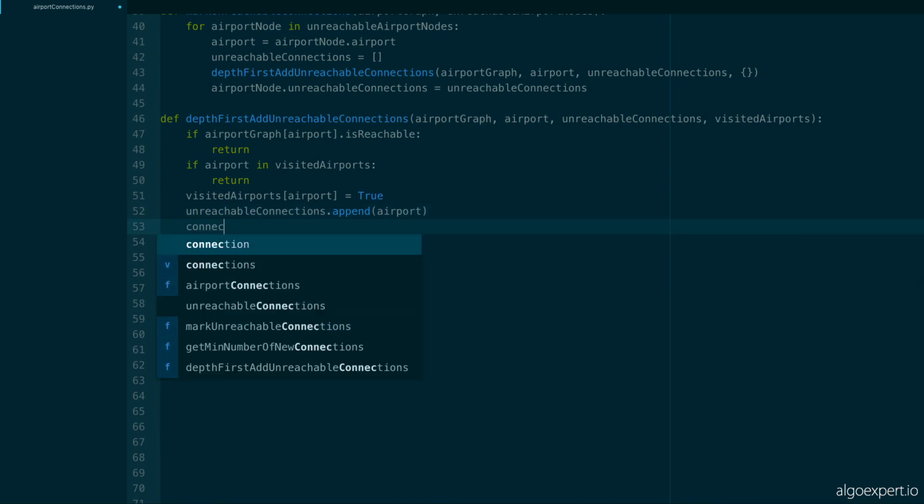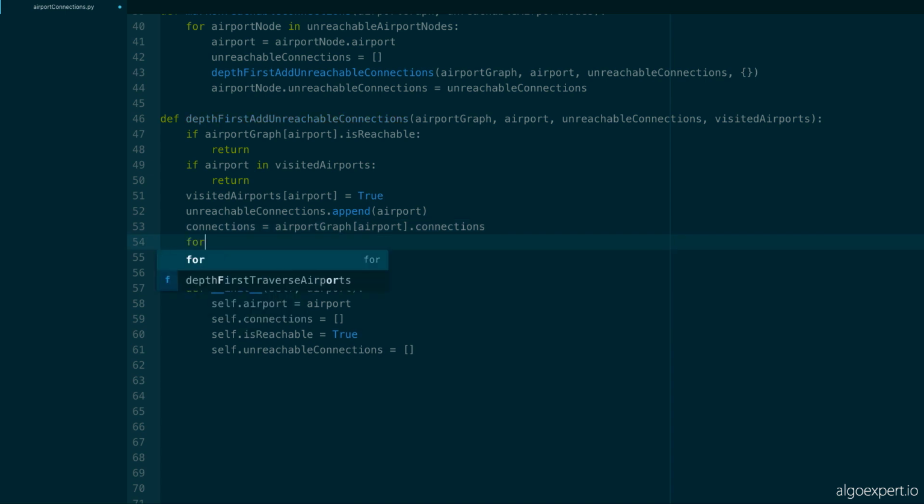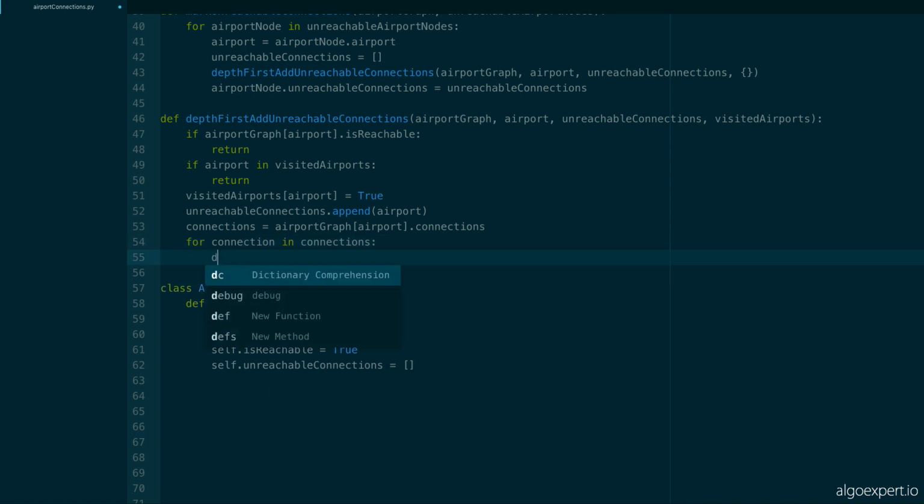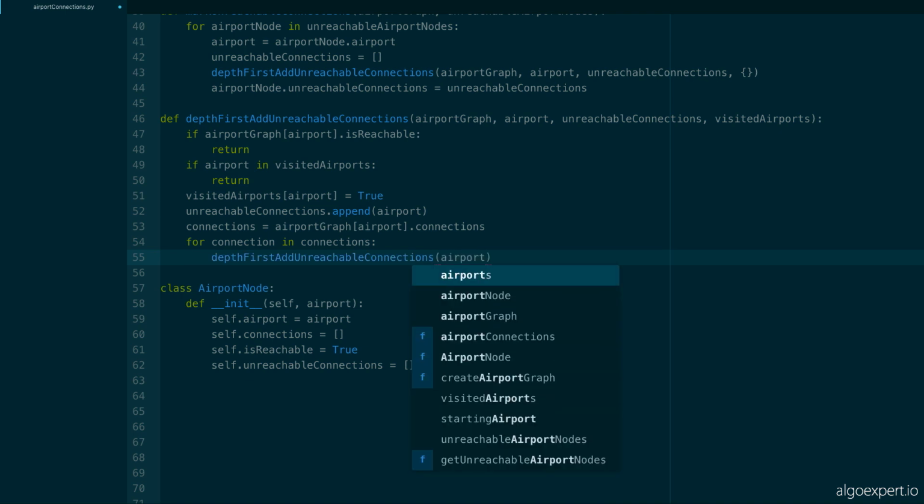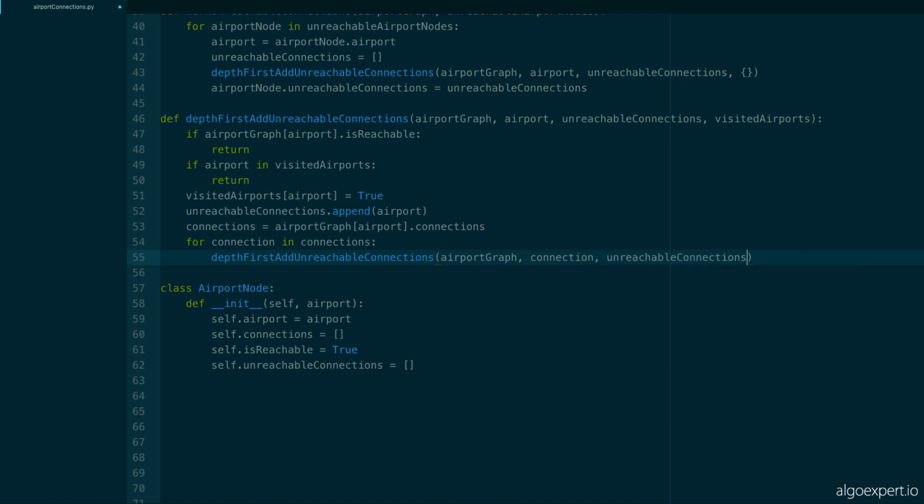So we'll say connections equals airport graph at index airport dot connections, just to simplify things, right? So we don't have to write this again. For connection in connections. And here we do a call to this, right? We add the unreachable connections, passing in the airport graph, passing in connection, passing in unreachable connections, and the visited airports. Whew, okay, so very